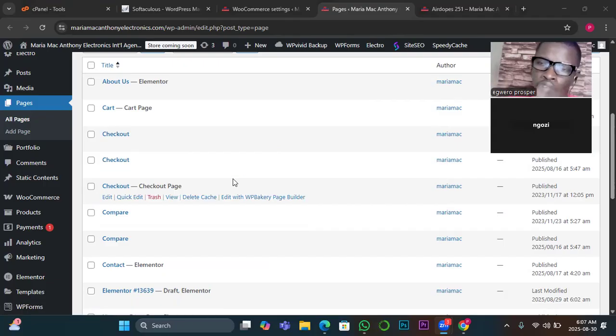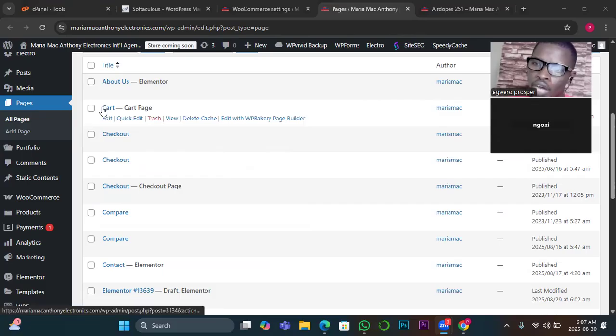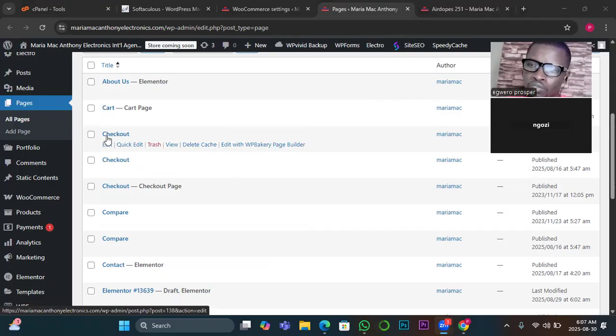Yes, sir. From the product, they will go to the shop page, see the product image, see the brief description, and then there will be a button there, buy. When they click on that button, it will redirect them to the cart page. The cart page will give the full explanation of what they want to buy, the number of it, the total cost. And then once they click on that buy, it will take them to checkout, where